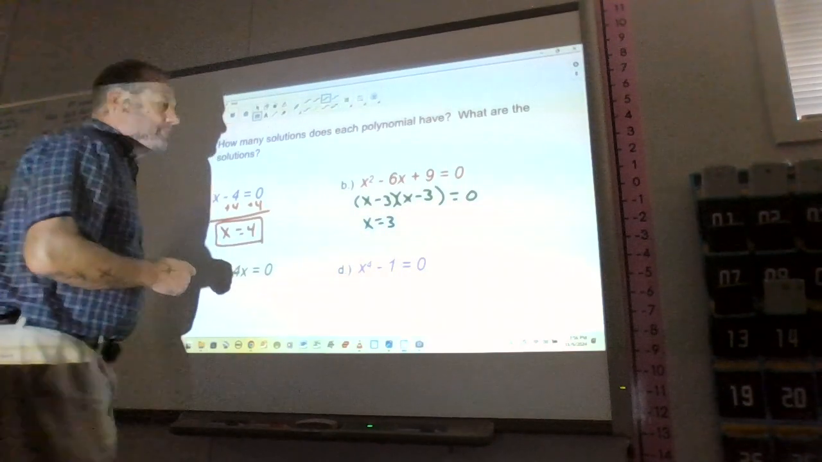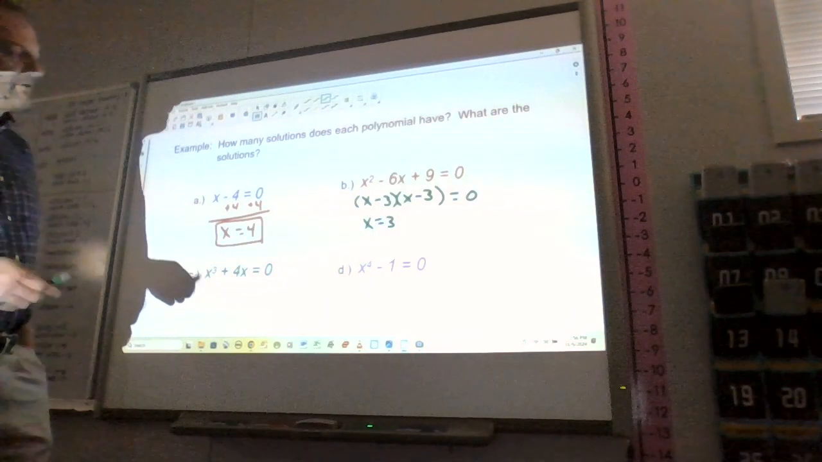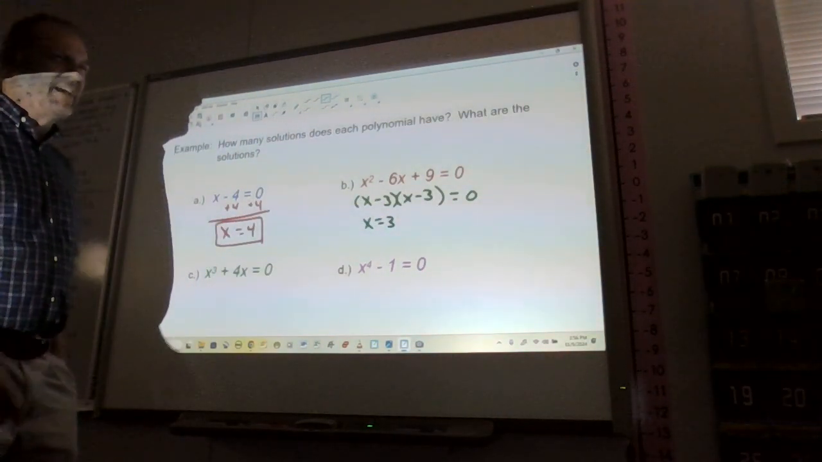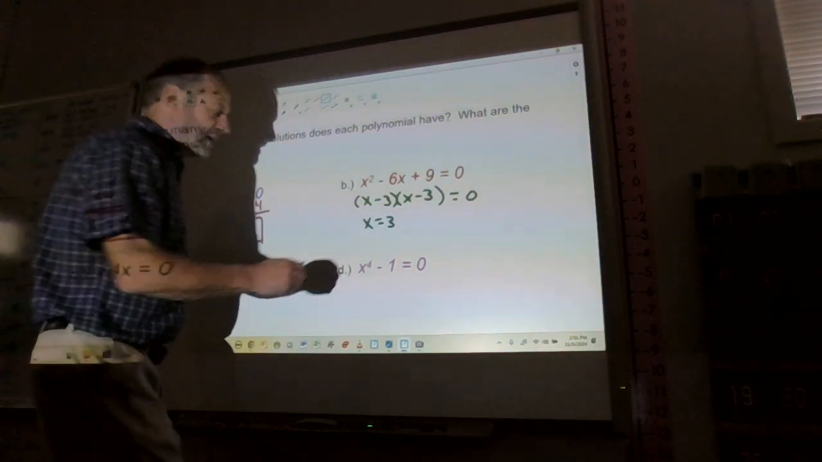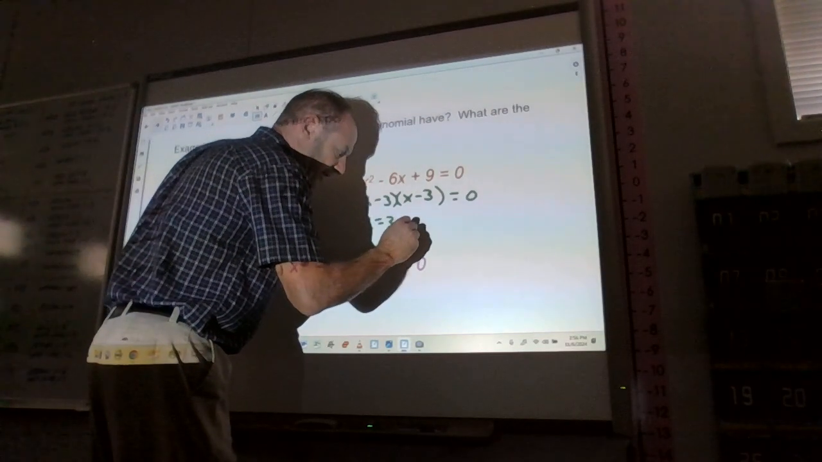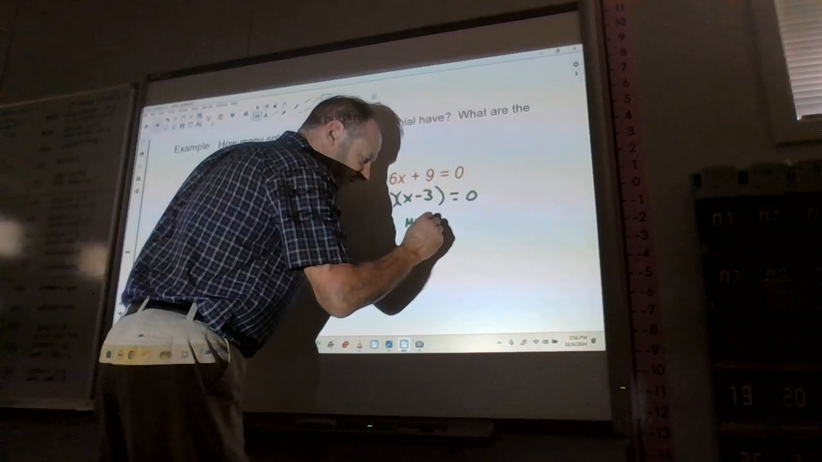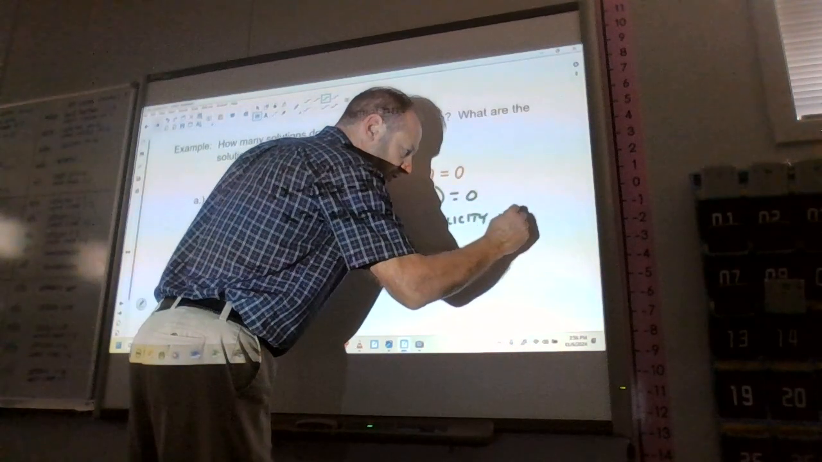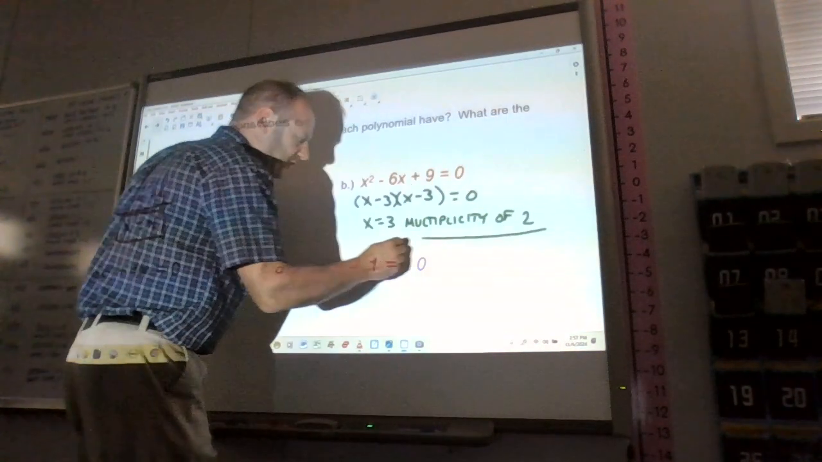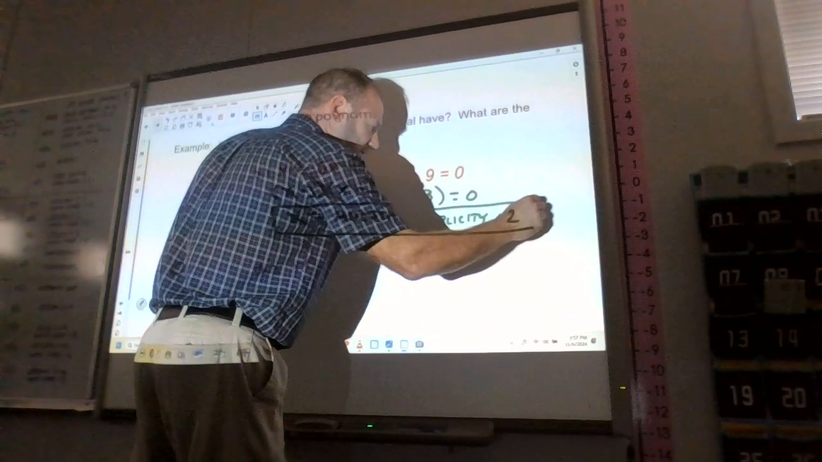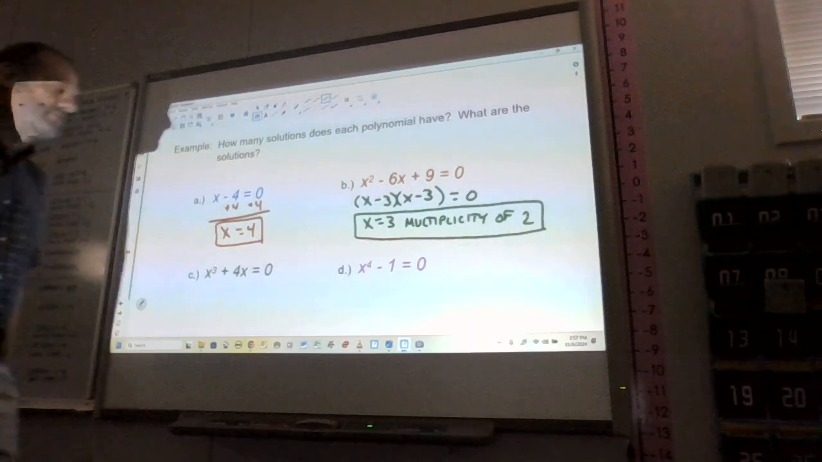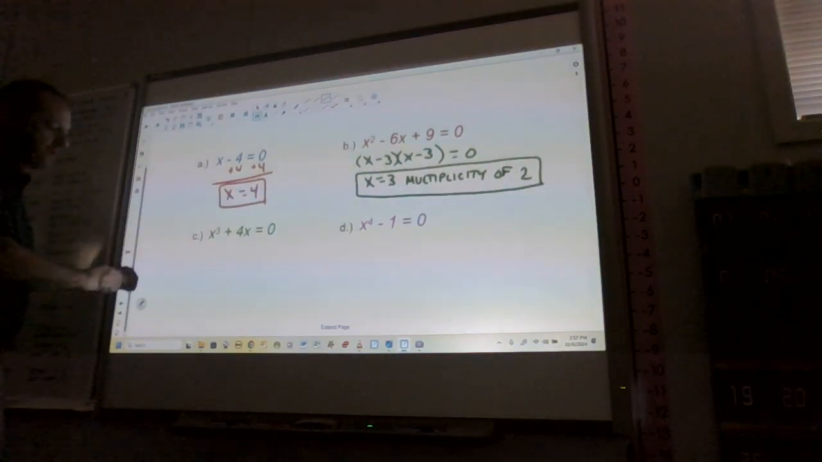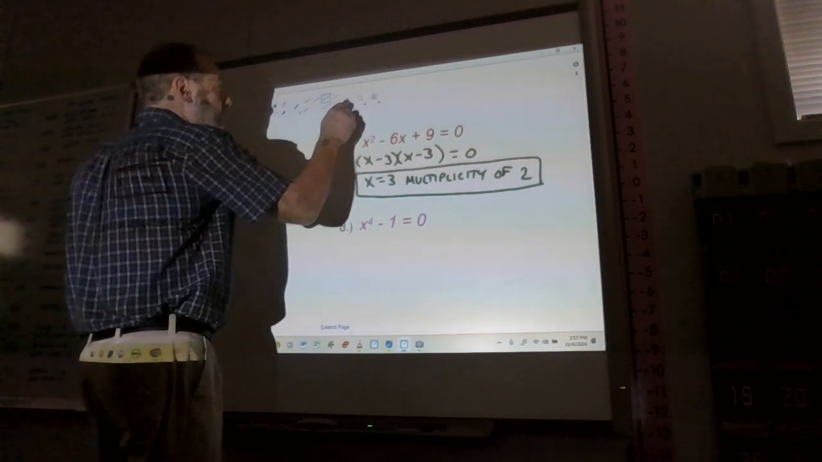Now, how many solutions does it have? Well, you'd say, well, it's got 3 and 3, so it only has one solution. Well, yes and no. We say that it has a solution of 3 with a multiplicity of 2, which means that answer occurs twice. Okay, so it has two solutions, they're just the same. Okay, now this one,